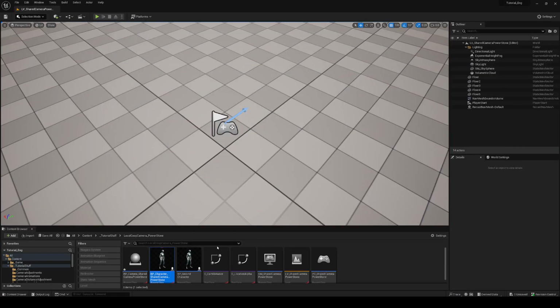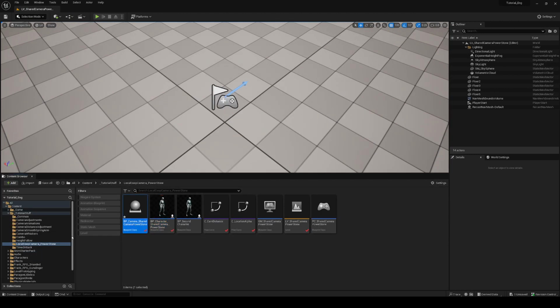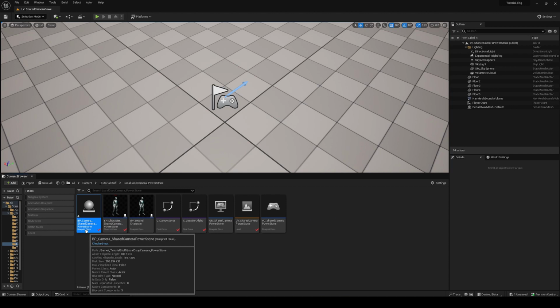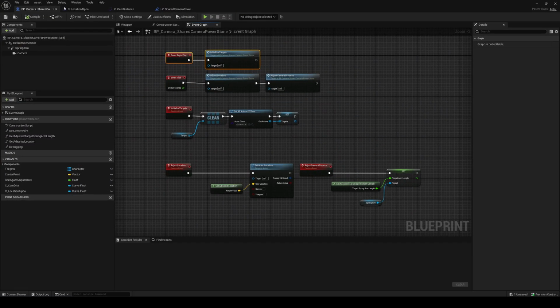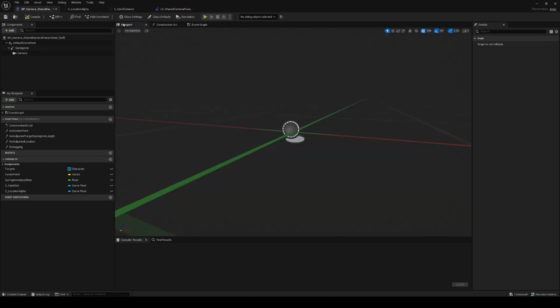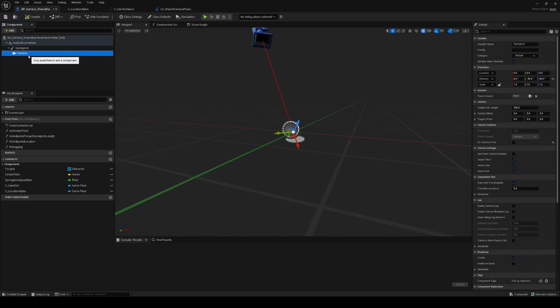Then the main part is creating a camera. Here I have it called BP camera shared camera power stone. This video was based on a request from a few months ago. The person wanted a camera system similar to Power Stone, so I referenced that, hence the name. But you can call it whatever you want. This is an actor that has a spring arm and a camera,